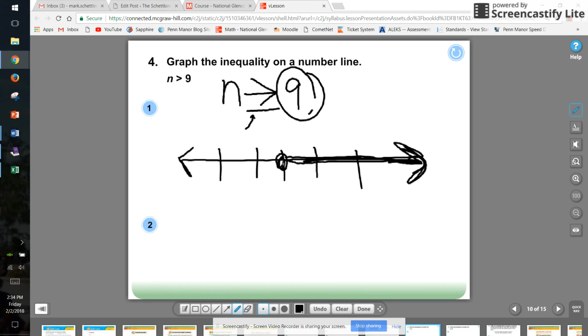And so when I indicate on my number line what value to start counting at, I'm going to put a dot there and color it in. That makes sure everybody knows to start counting there at number 9 and also include 9. There's a brief overview of what we did today. We're going to be going over it again on Monday.